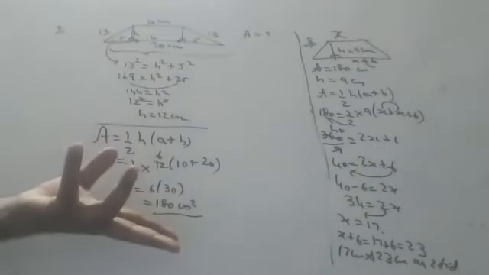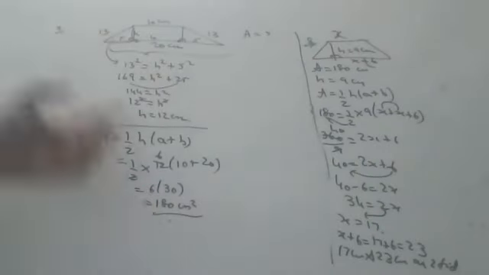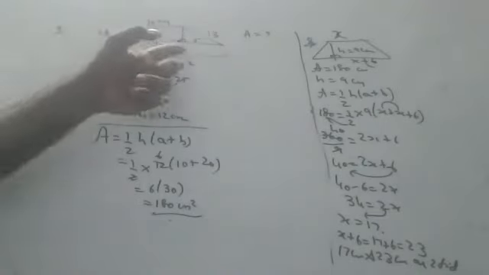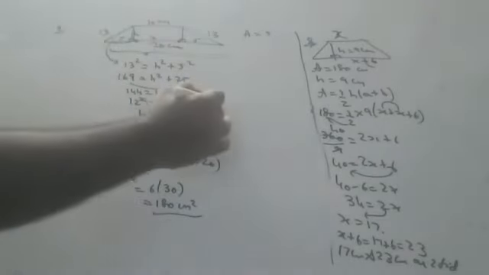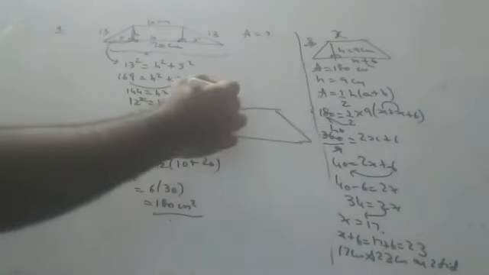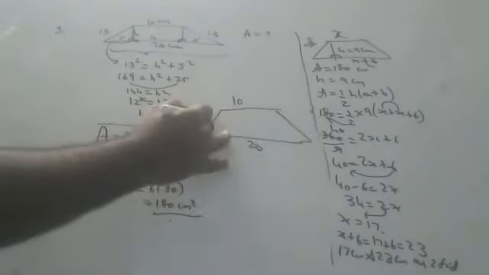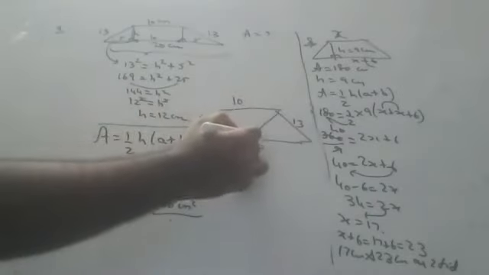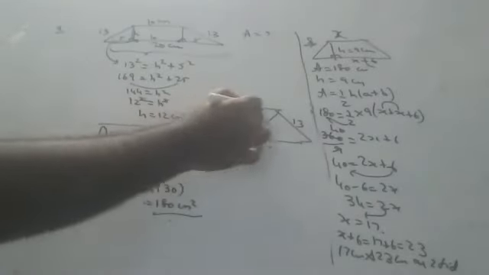But think, children, remember, I took this 5, this 5. How can you take like this, sir? You may ask. Because these both are 13, I took it like that, children. If not, there is another procedure. What is that procedure? This is 10, this is 20, this is 13, this is 13. We'll draw like this, children. We'll make this a parallelogram.